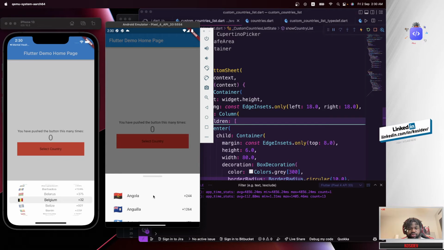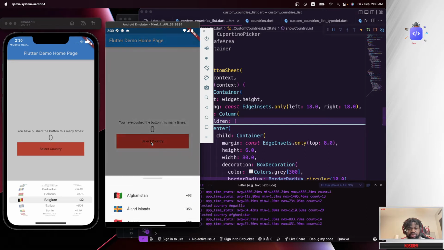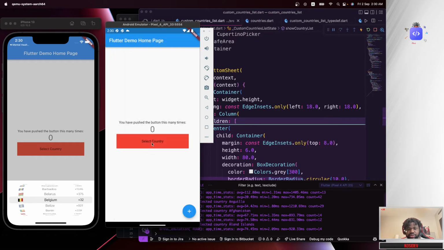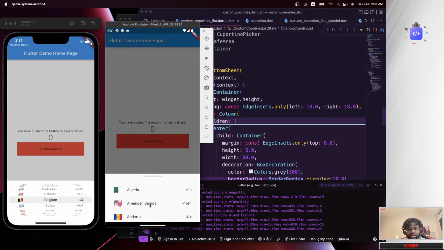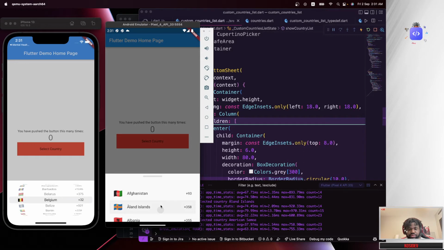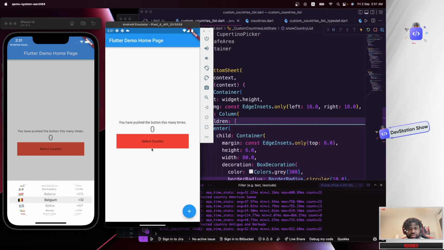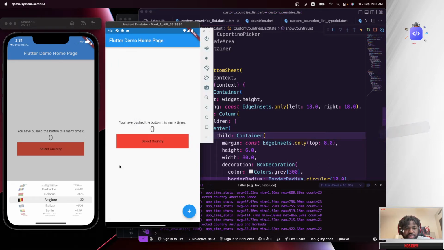So we set the height to be 200. So that's what we are seeing, the small height. So just select any country. Yeah, so there we go. We're able to allow them to do that, but next should be